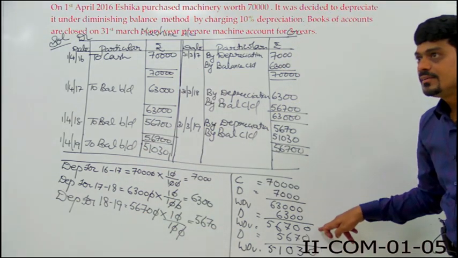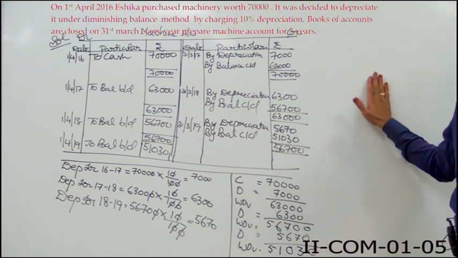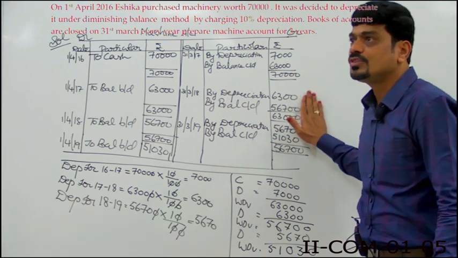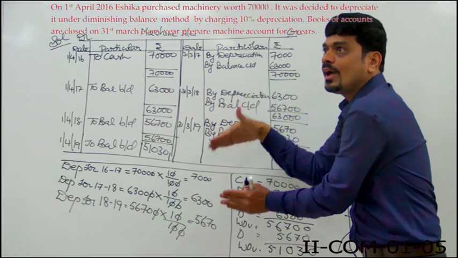This working will be the guiding tool for you. If you do here and there, again I'm telling you, there will be a lot of confusion. So better adopt this method. Half page solution, half page working.